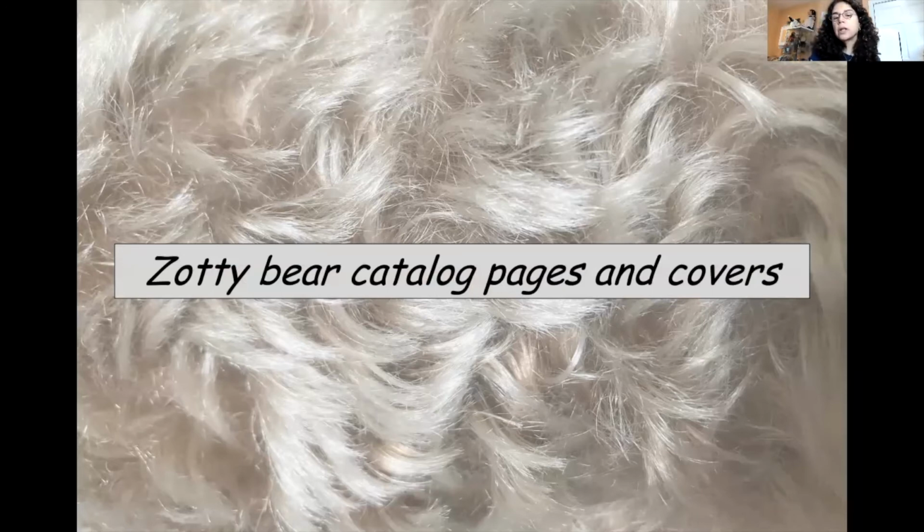And I think this is really interesting for a couple of reasons. First of all, Zotty was in the line for a really long time. So the way he was pictured and portrayed over time changed. And that helps you figure out the aesthetic and the design history of the company as well. And it's also very interesting to know where he was pictured and when and why, because he was just so